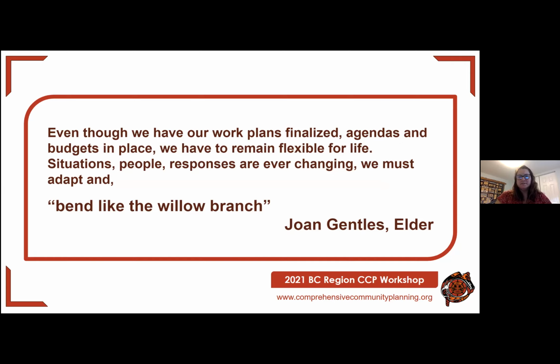And as I mentioned here, situations, people, responses are ever changing. We must adapt and bend like the willow branch. So we need to be able to go in whatever direction. We can't be rigid. We have to be flexible, especially on the journey that we've had for the last couple of years with the pandemic.